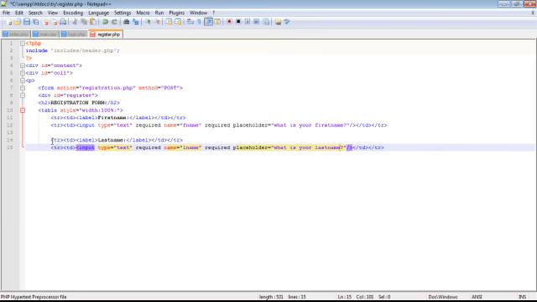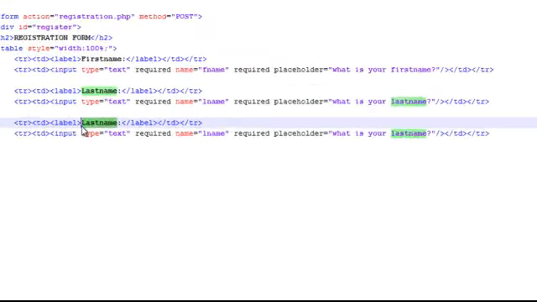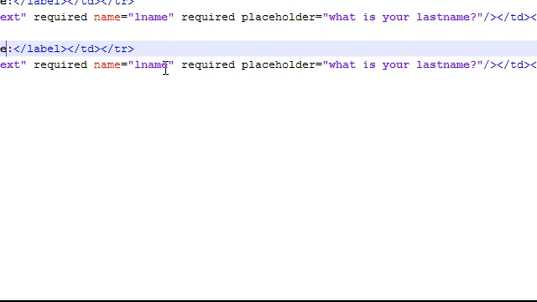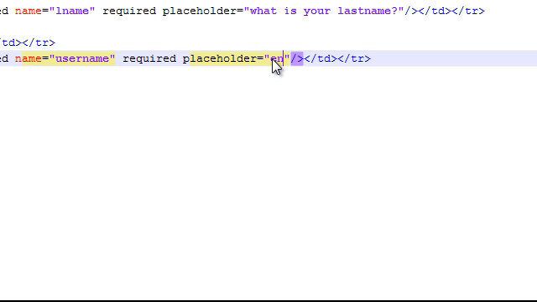And for the third one will be the username. Again, copy this and paste, just change this to username. This will be username for the required name. And change the placeholder to enter your username,